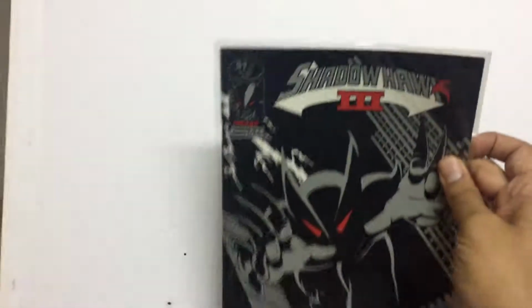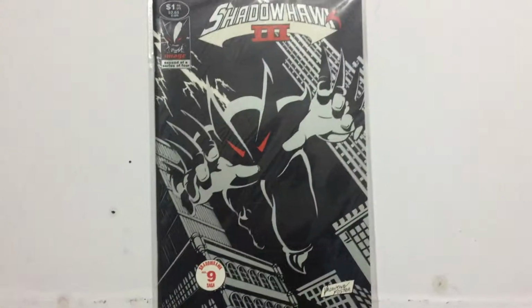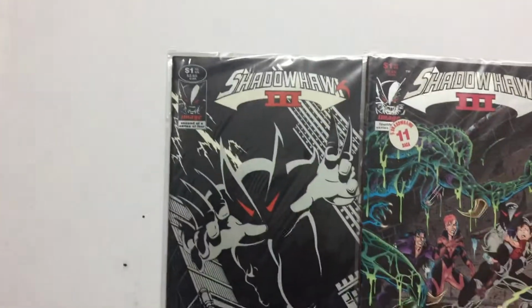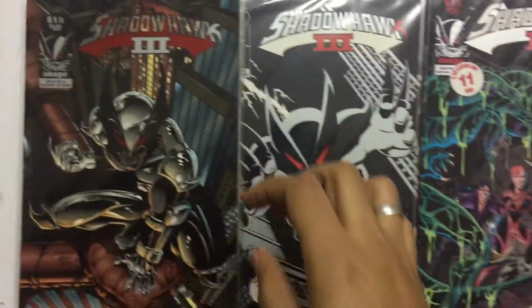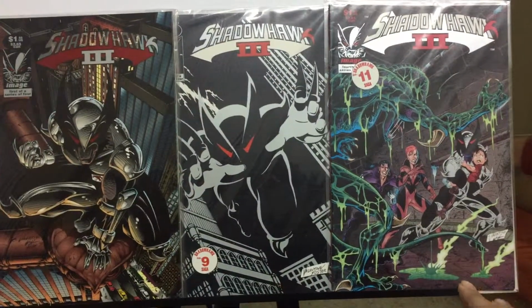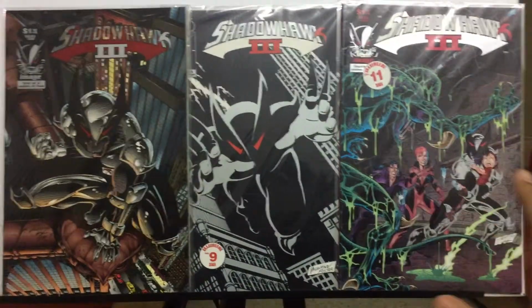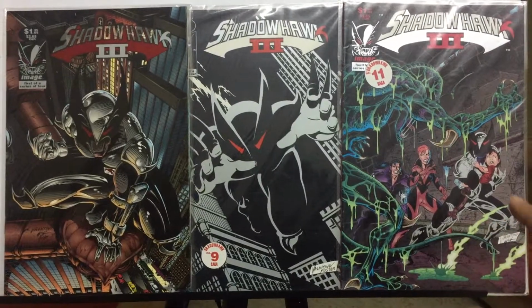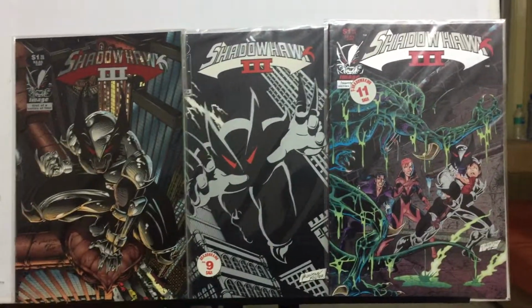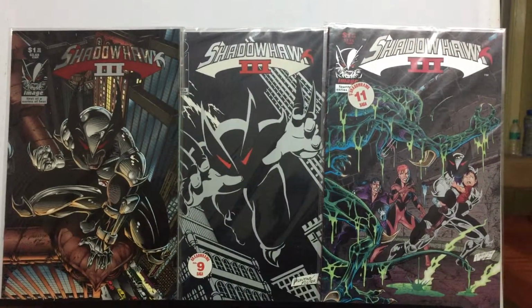Three interesting comics coming up next of Shadowhawk. These are three of a series of four. Unfortunately, I couldn't get the fourth one, and I'm not at all sure that I will ever get the fourth one, because in India, to get the entire series of a run is extremely difficult unless you go out and buy the paperback